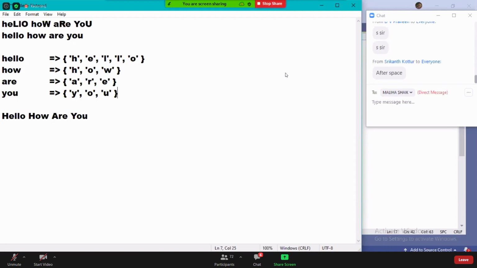After breaking every word into a character array, the next part is that you can pick the first character and convert it into uppercase. So you'll pick a character and convert it into uppercase.